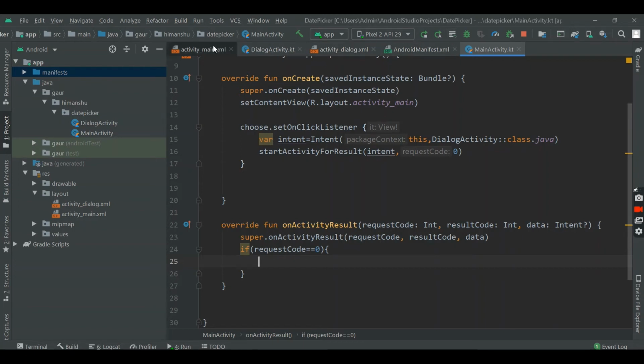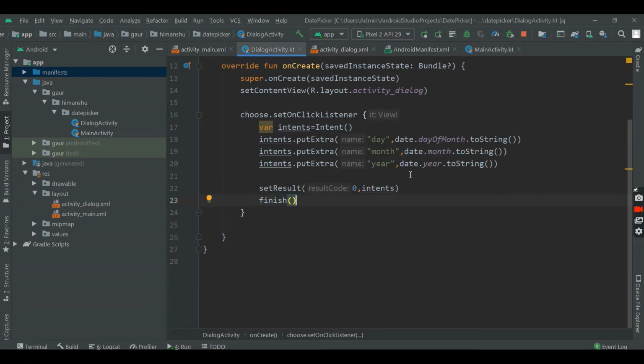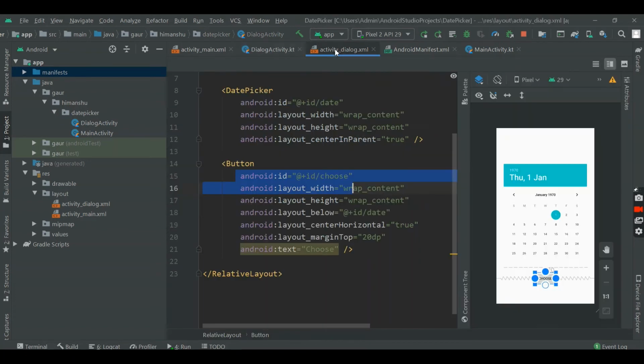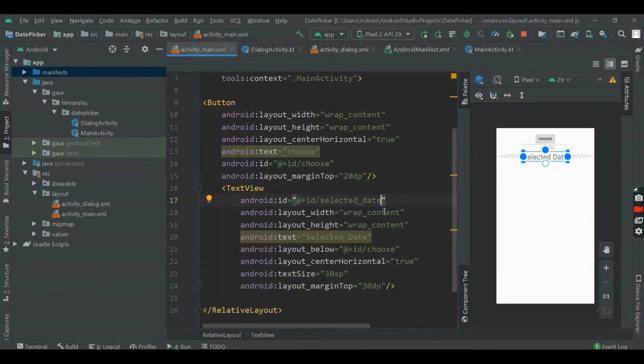So first of all let's check, what is date? Date is nothing but your date picker ID, simple. Actually I forgot it, so here our text view ID is selected date.